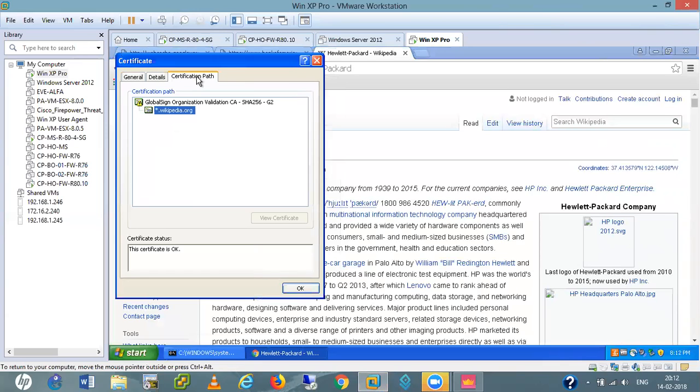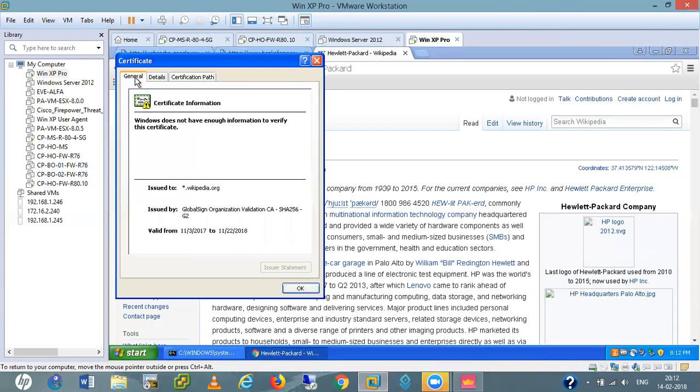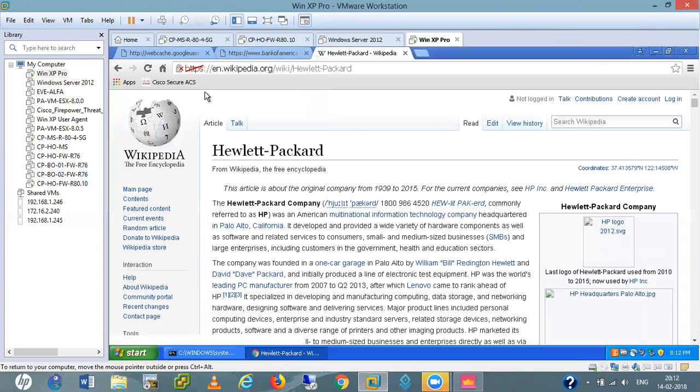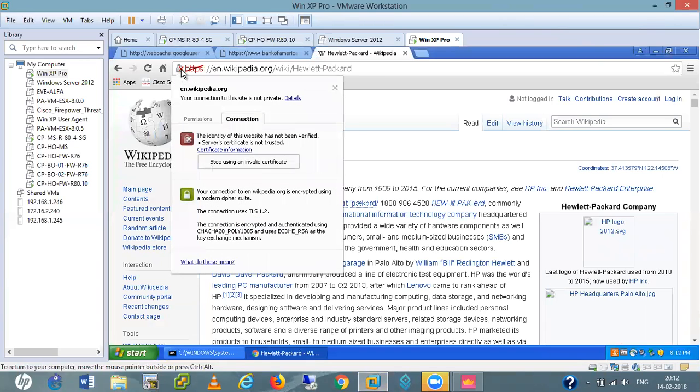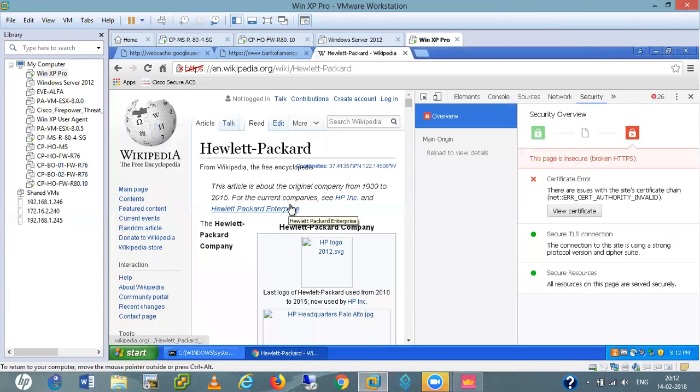Details, certificate path, GlobalSign here, this one. It is not decrypted by my system. Also detail, certificate, valid.